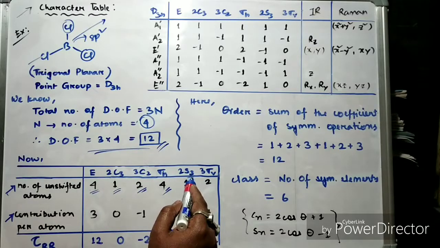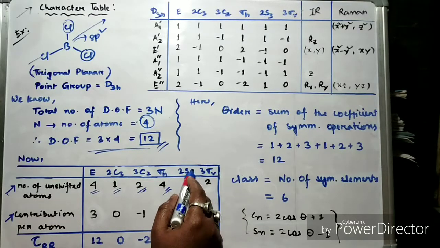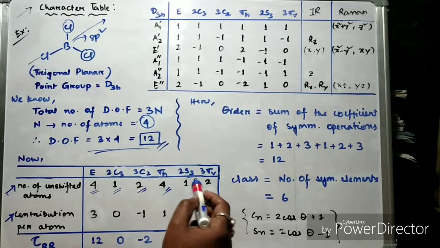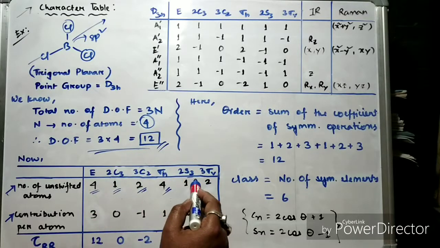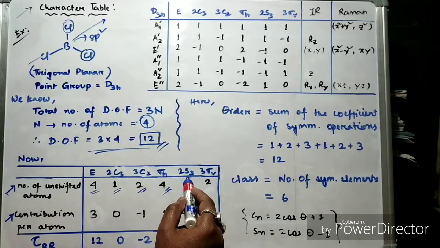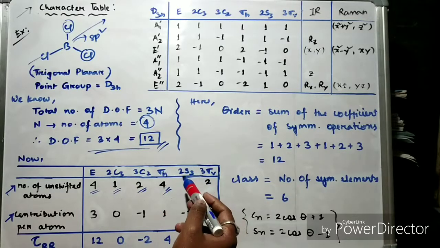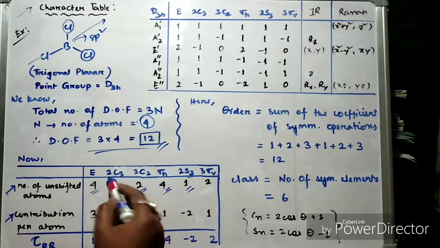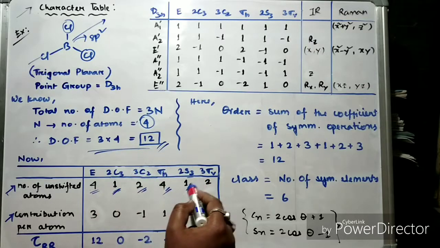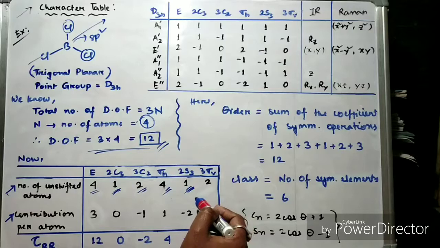For S3, we know that it will be similar to that of C3. S3 is a rotation followed by reflection in a plane perpendicular, so it will come out to be 1. You can simply write that whatever unshifted atoms you get for the principal axis, you write it for the improper axis of rotation, and whatever you get for the C2 axis, you can write it for the